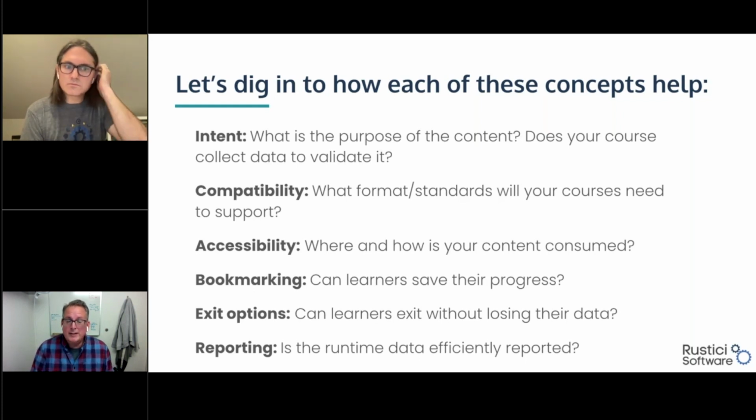In a mobile environment, it can prohibit a situation where the content gets left open, which leads you to a situation where if you're taking content on your mobile device and just set it down, the browser doesn't really close. If you're running SCORM 2004 content, that exit's really important for the roll-up of that information. And then reporting, that one's kind of obvious. Is the runtime data being efficiently reported, not only by the course, but also can your LMS report on that data?